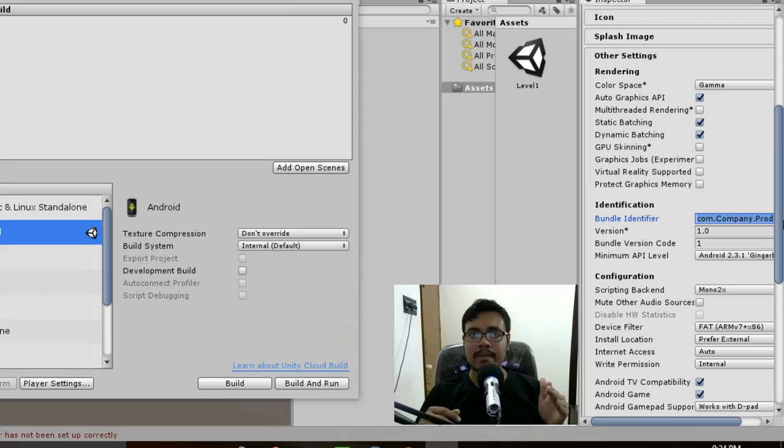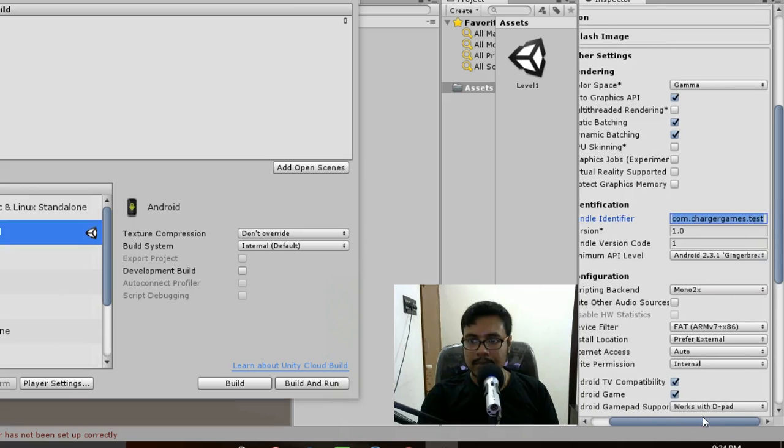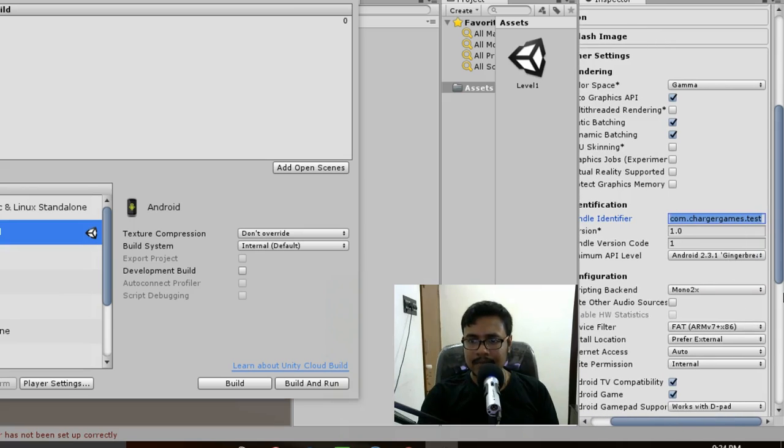So that is why it is recommended to use your own website or domain name or something that's unique to you, so that your games or apps will be uniquely recognized in the App Store. So in my case, I'm gonna write here com.chargergames.test. And below you can see the minimum API level. Just leave it whatever it is,